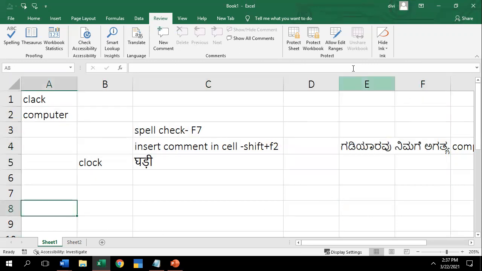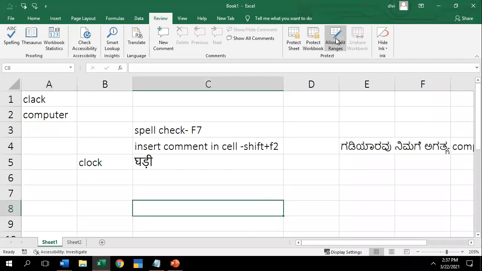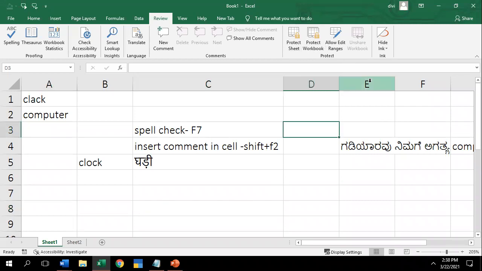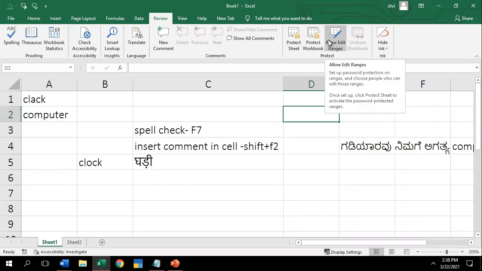Okay. Next you have allow editing range. So protect the sheet we have completed. Protect the workbook also we have completed. And allow editing range we need to explain. But I won't do this one in this class. I'll explain it in the 17th session.